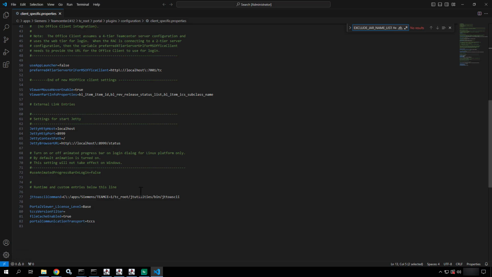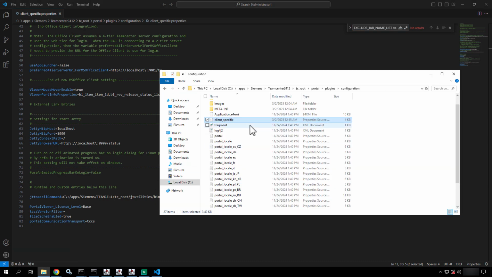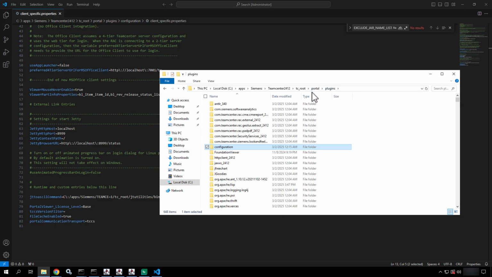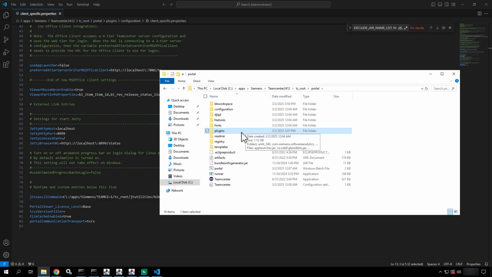In the screenshot, I will say that there is a section that says that this is going to be there. Now, they also mentioned that it's in the customer specific properties, which I am not seeing in this list. I see client specific properties. So take that with a grain of salt, but if I come up to the portal directory,